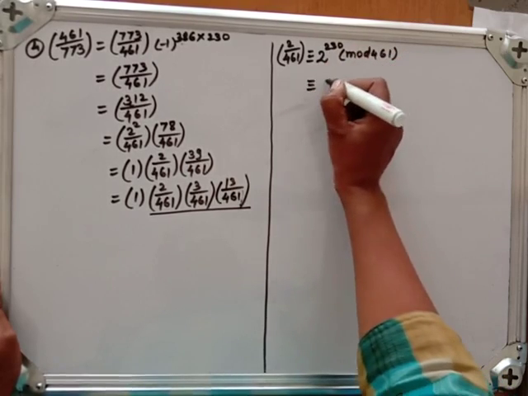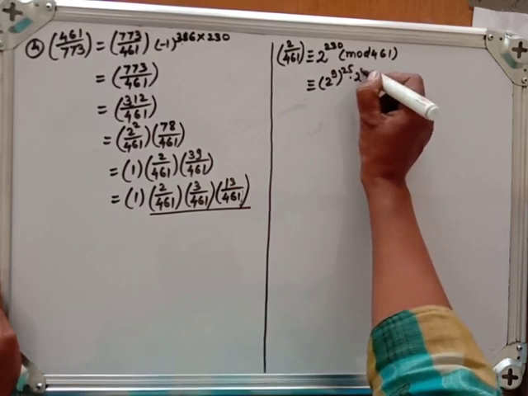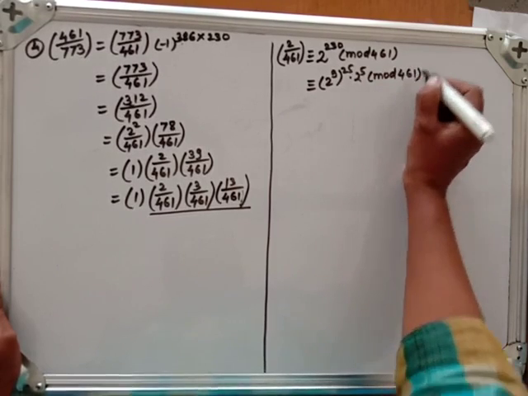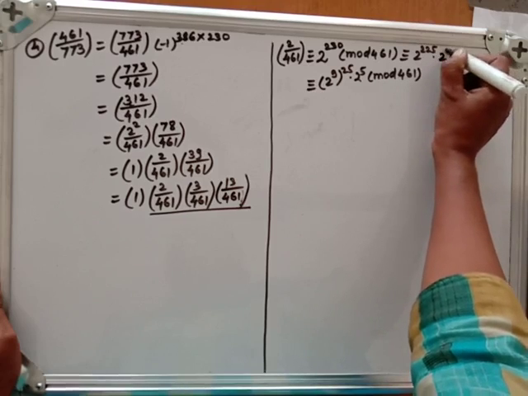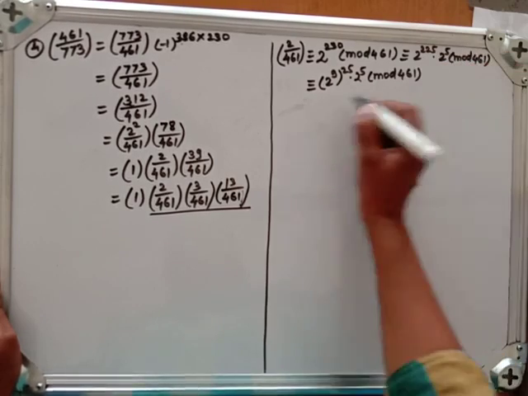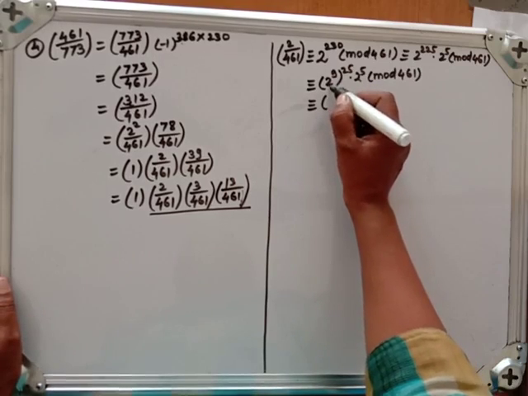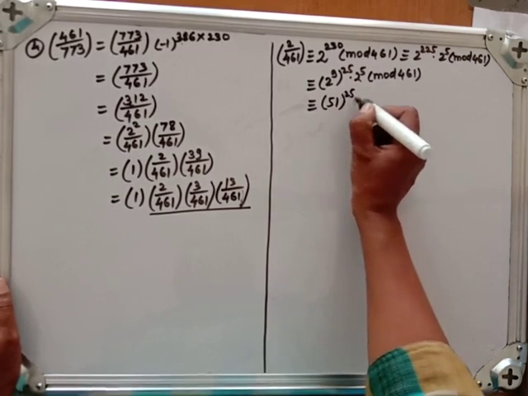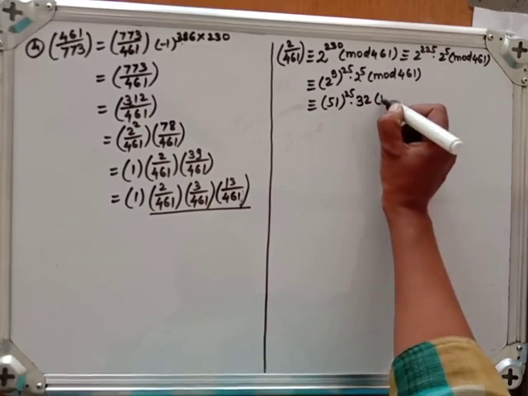That is congruent to 2 raised to 9 raised to 25 into 2 raised to 5 modulo 461. This is congruent to 2 raised to 225 into 2 raised to 5 modulo 461. So this is 512. 512 modulo 461 will be 51 raised to 25 into this 2 raised to 5. So that will be how much? 32 modulo